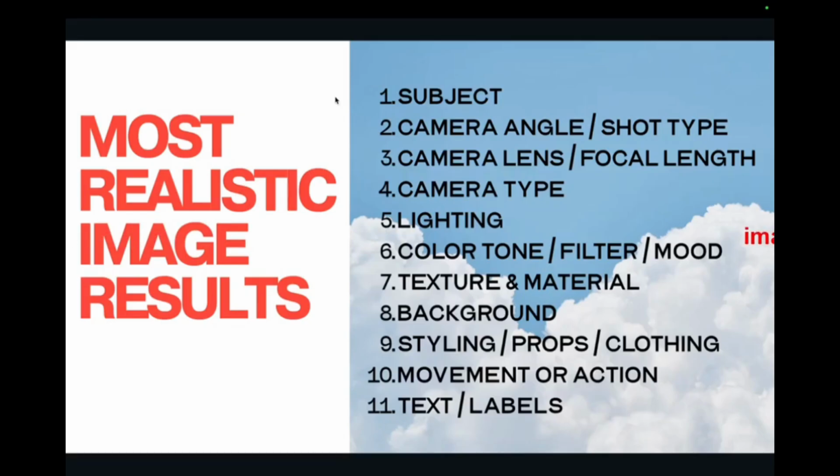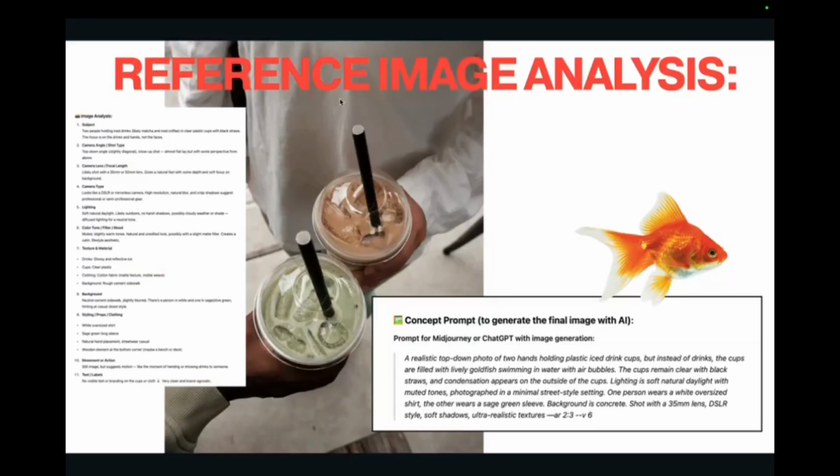Next, text and label. What should be written on the product poster? Example: coming soon. Later on, I'll show you pros and cons, of course, of using AI for your content and what AI is still struggling to do. One of the main struggles is text. I will show you later on. So it's so important to be very clear about what you want to write on top of your product or on your sign or anything you create with font. Okay, so let me show you what I'm talking about.